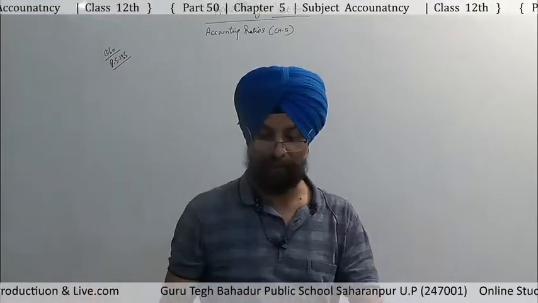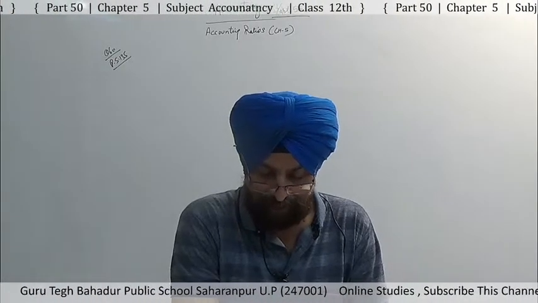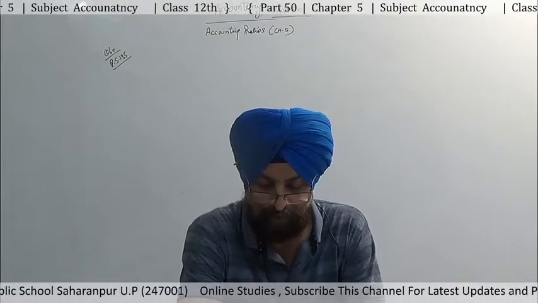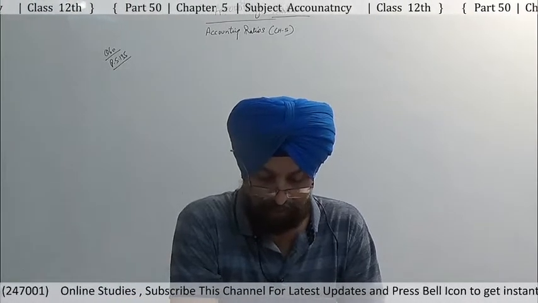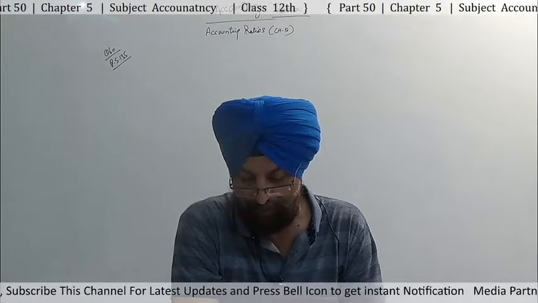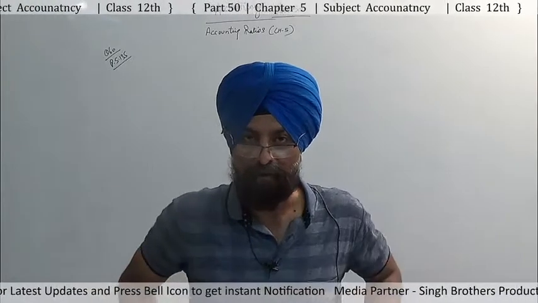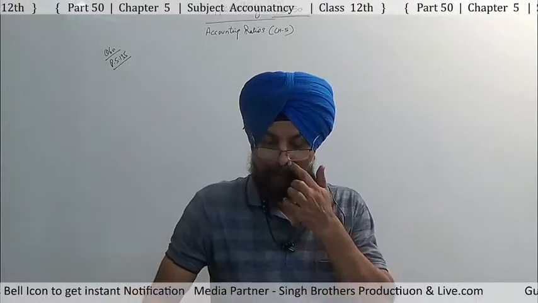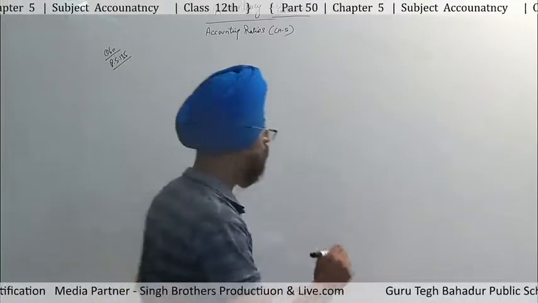Yes, in this question it is given that we have to find inventory turnover ratio. Cash revenue from operation and credit revenue from operations are given. Gross profit is 25% on cost. Closing inventory is given 3 times of opening, and opening is 10% of cost of revenue from operation. So first of all we have to find cost of revenue from operation, and for this, profit is 25% on cost. So first find total sales.